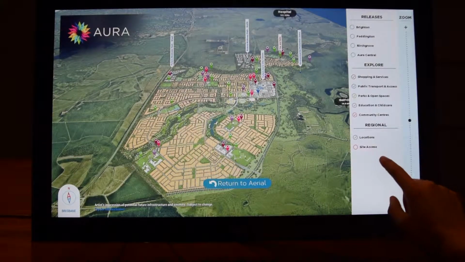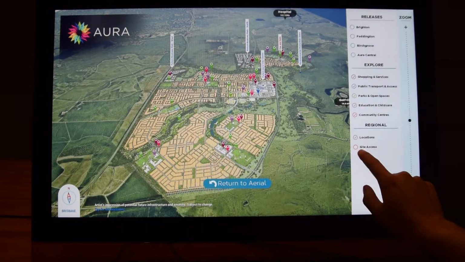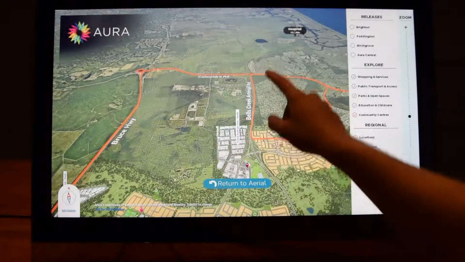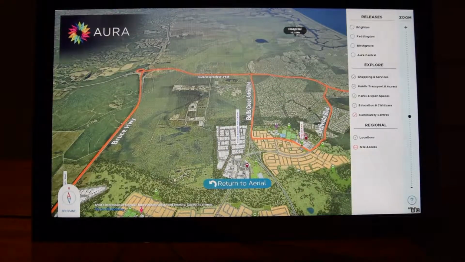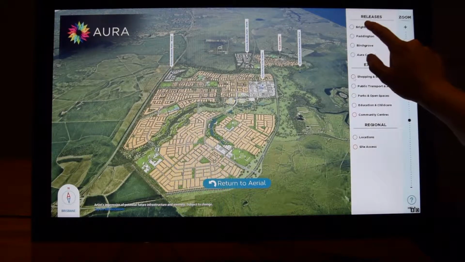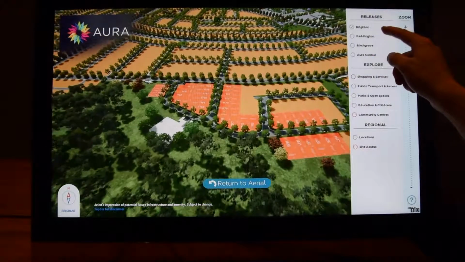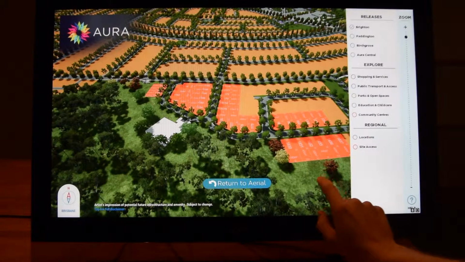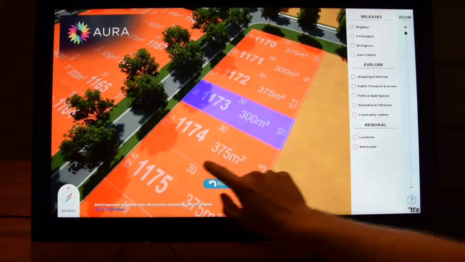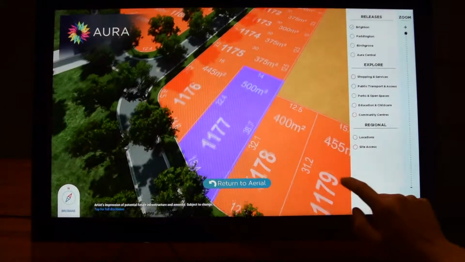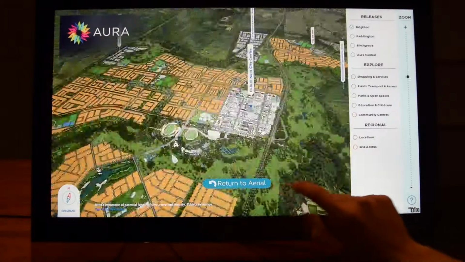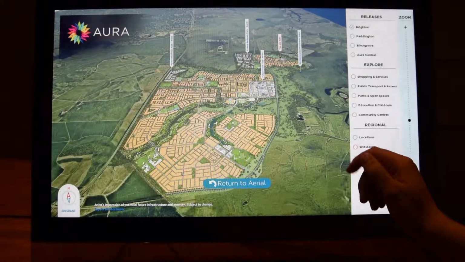Under the same menu point, we have the option to display the site access. By tapping that, we see the major roads leading to the Aura sales center at this point in time. We can take a closer look at each of the current releases by tapping the release name in the menu panel and then tapping on each lot to move around the release. Tap Return to Aerial to return to a site overview,